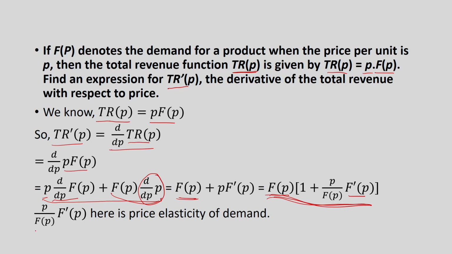Now, interestingly, this expression, p f prime p divided by f(p), is nothing but the price elasticity of demand. Okay. Because just think about it, p divided by f(p) multiplied by f prime p is equal to